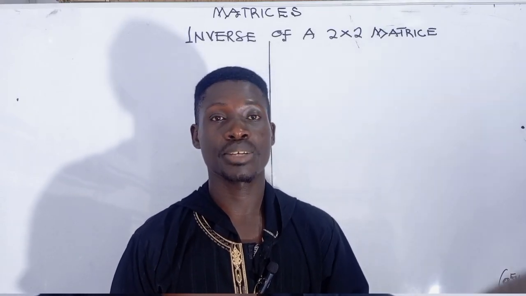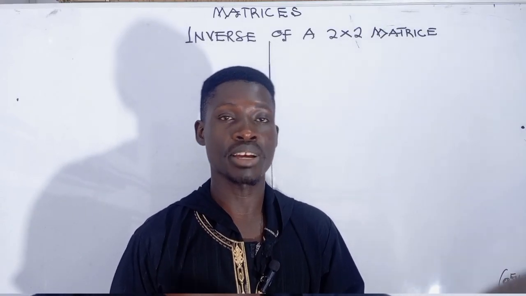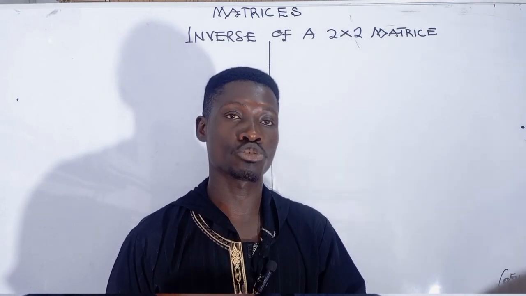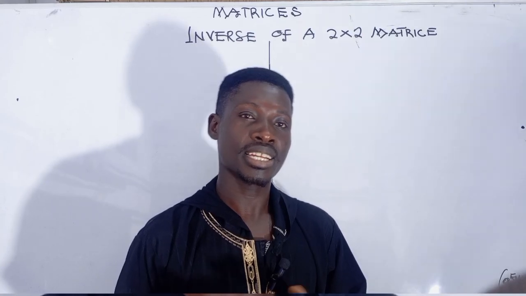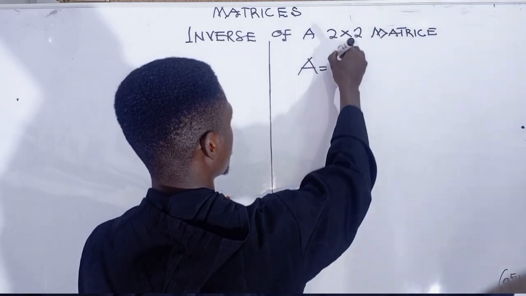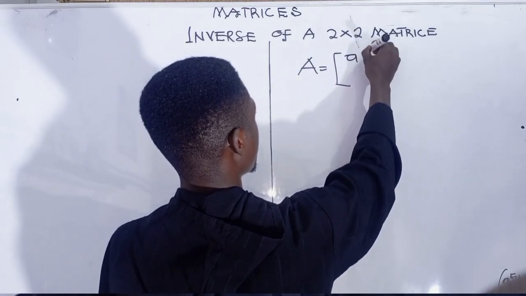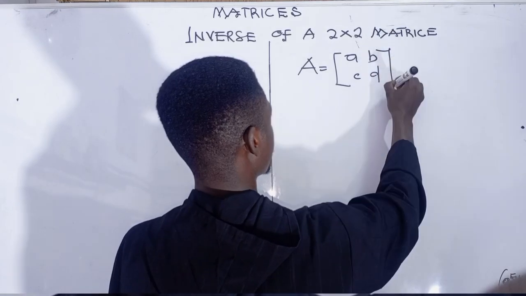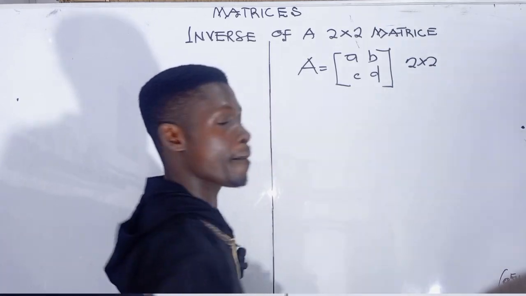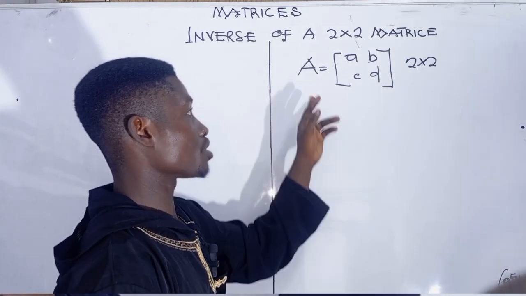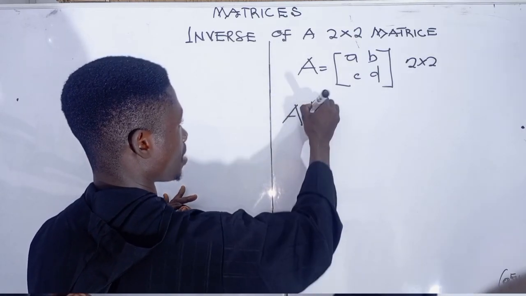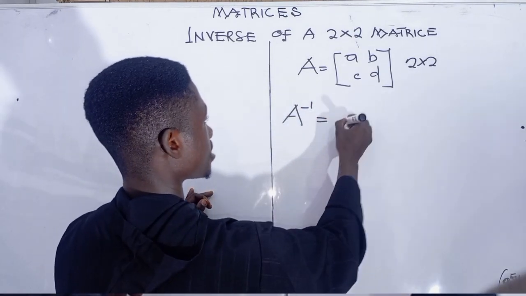So in this very lesson, we want to find the inverse of a matrix. And to start with, we are going to look at the inverse of a 2 by 2 matrix. Now let's consider the matrix A, which contains the entries. And you can see that matrix A is a 2 by 2 matrix. To find the inverse of matrix A, which is denoted as inverse of matrix A, is defined as 1